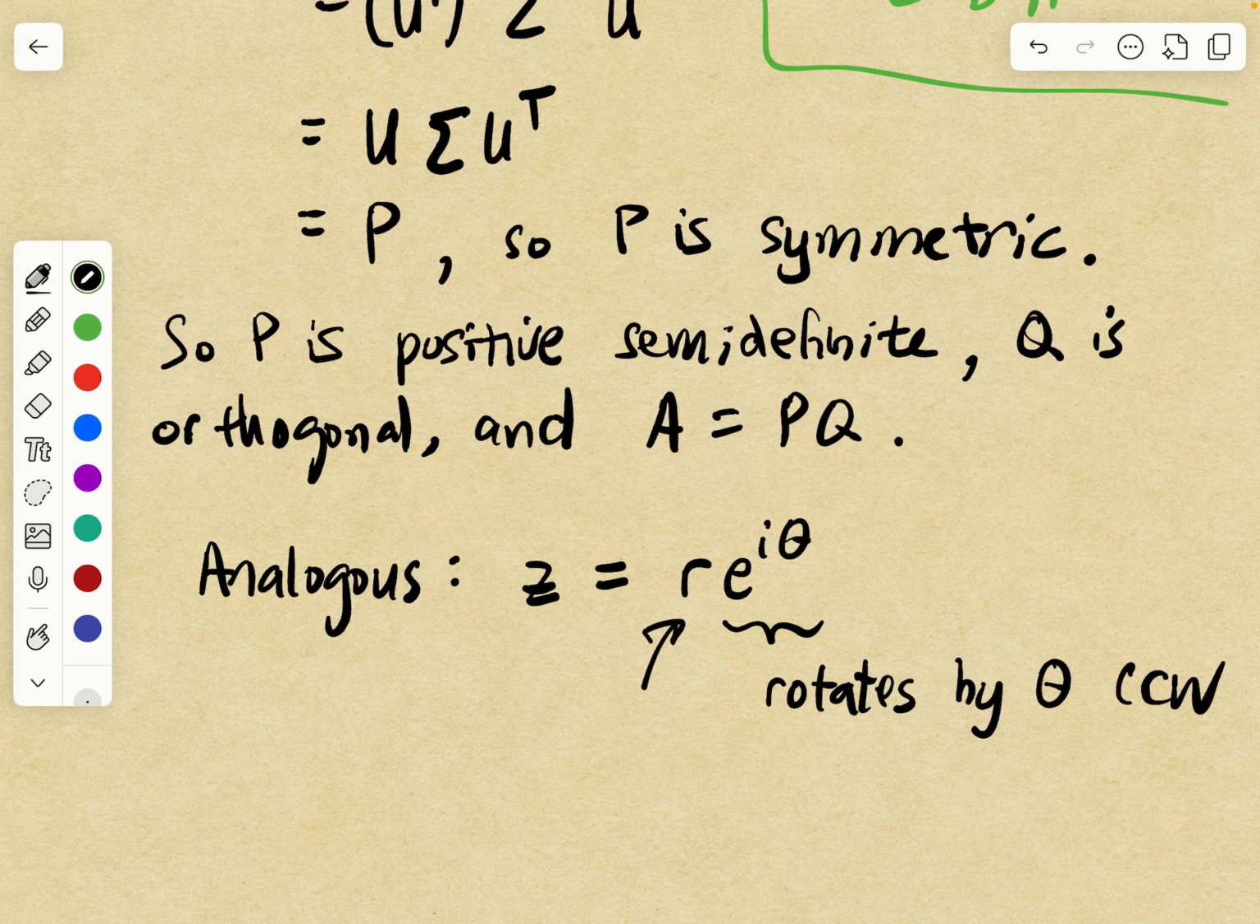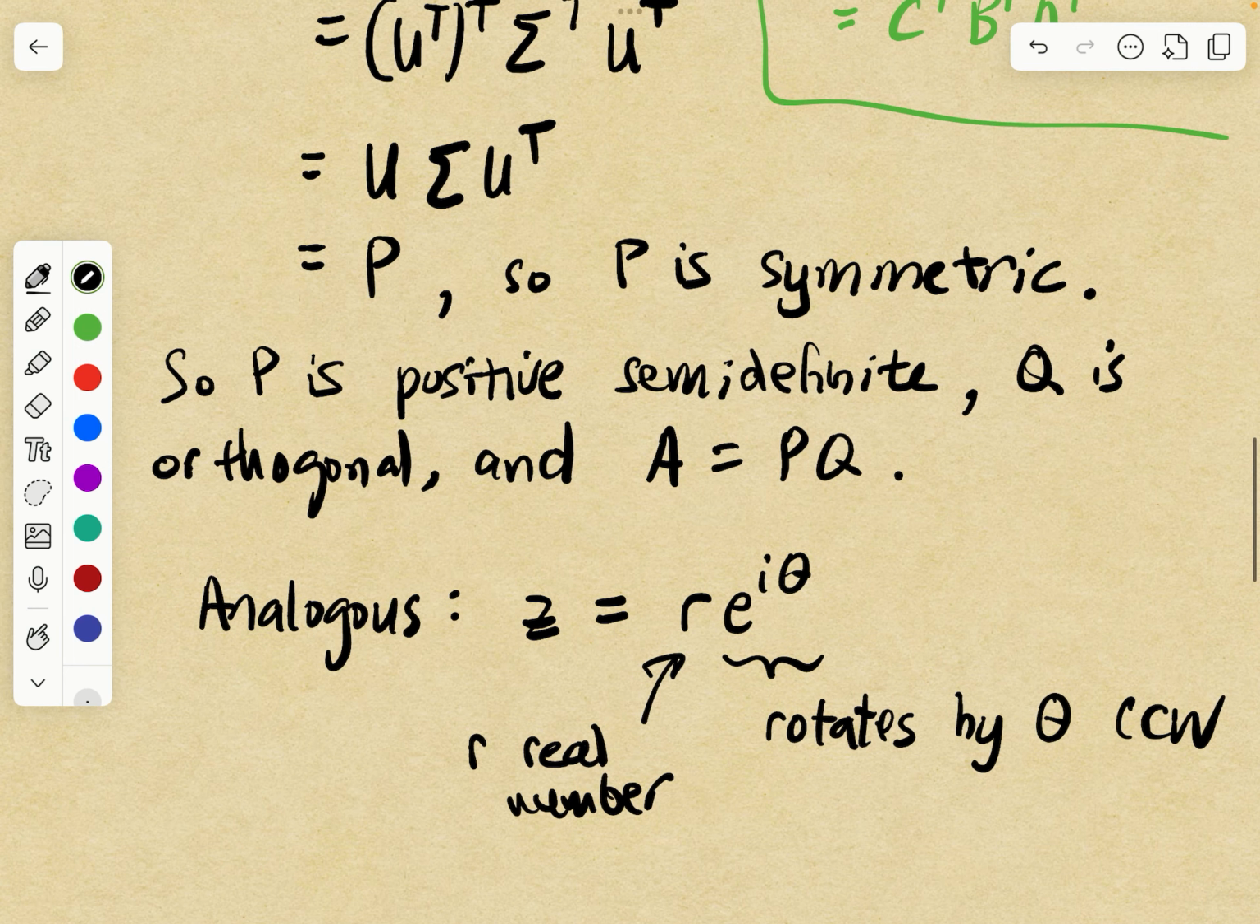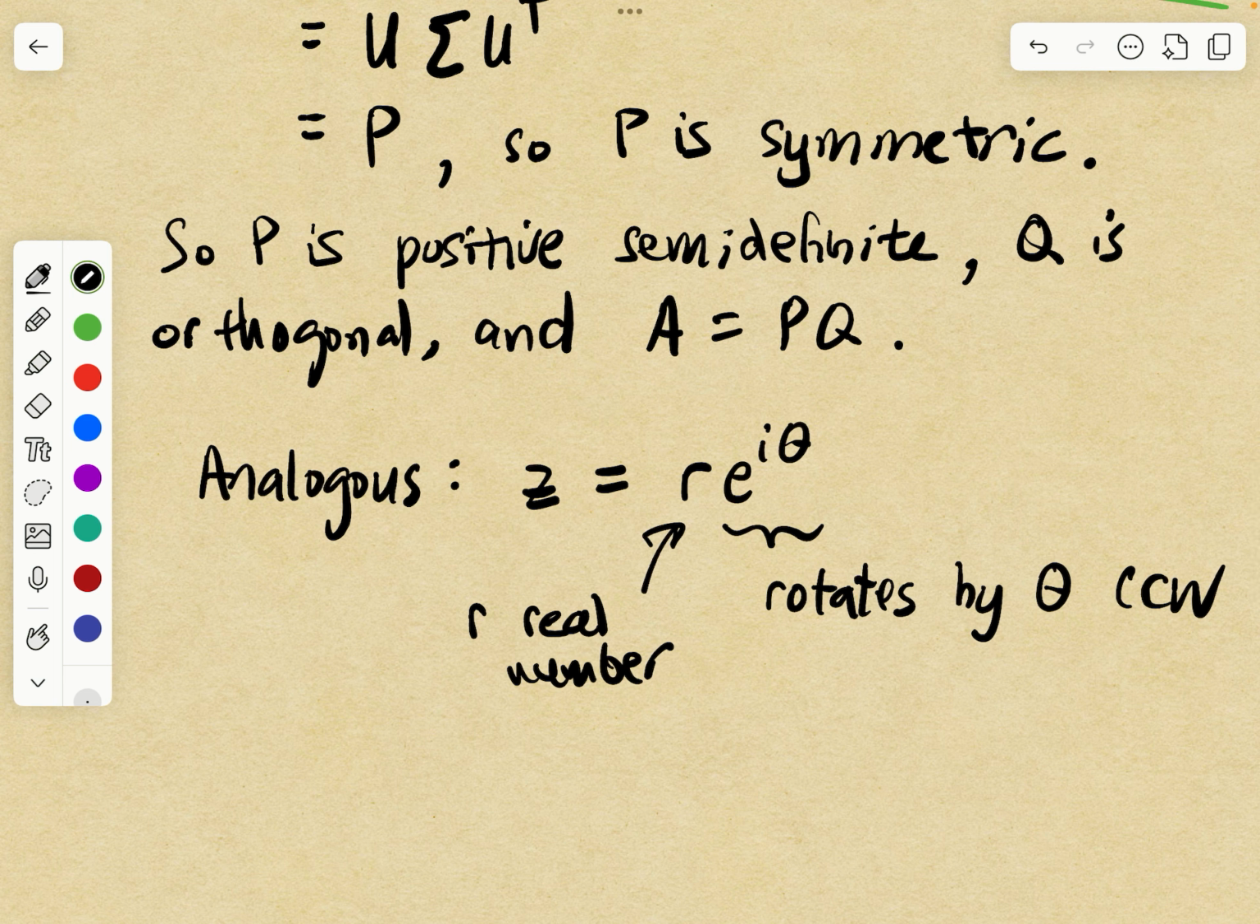And then, of course, R is a real number here, right? When you take a complex number and multiply by a real number, it stretches that number by a factor of R. So you can think of Z as doing two things. First, you rotate, and then you stretch by a factor of R. And when you have A equals P times Q, we have to be careful